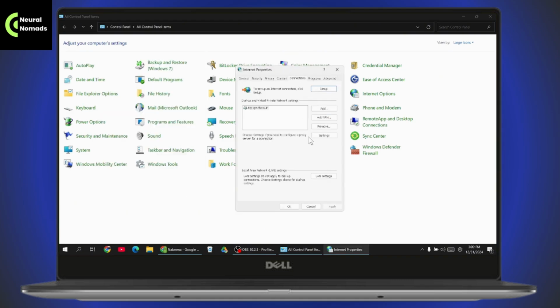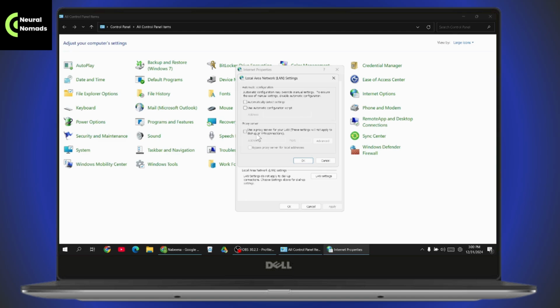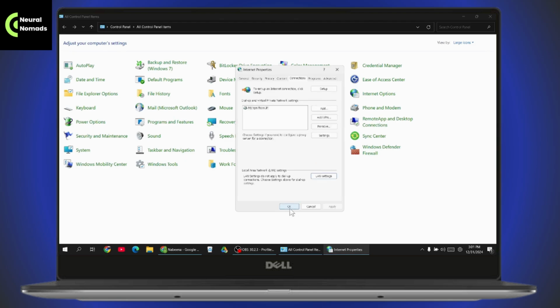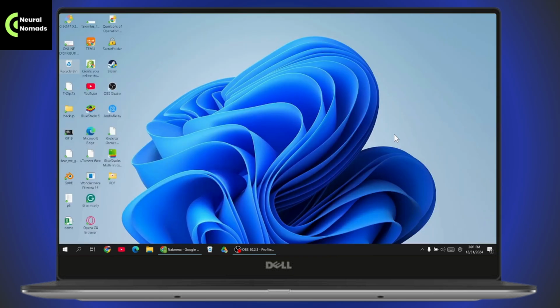Go with Connections and then go with the LAN settings. And under your LAN settings, if you have any of the options checked right here under your proxy, you just need to simply uncheck it. Once you uncheck, then you can go with OK and click on Apply and OK, and your problem might be fixed. But if that doesn't fix your problem, then you just need to simply open up your